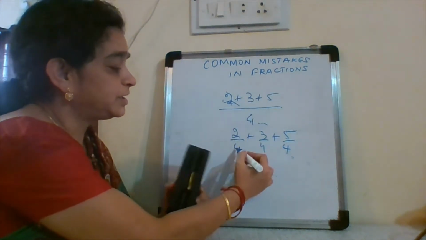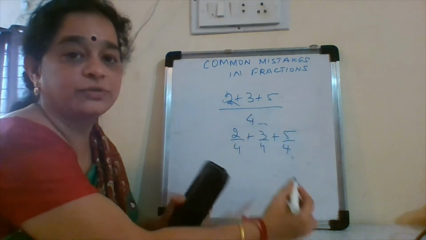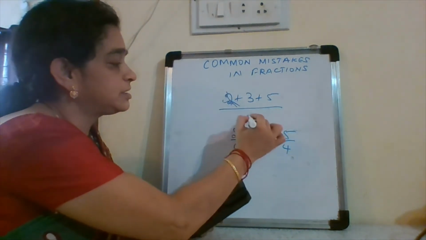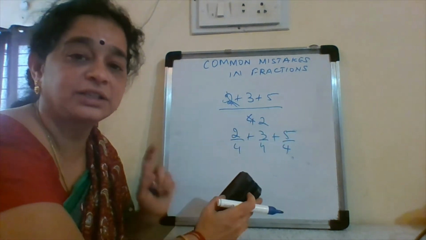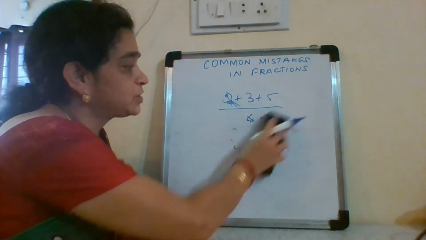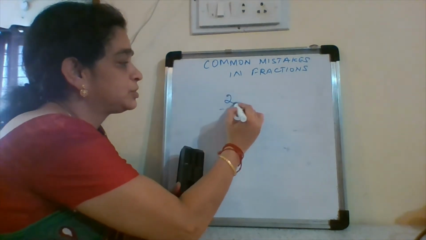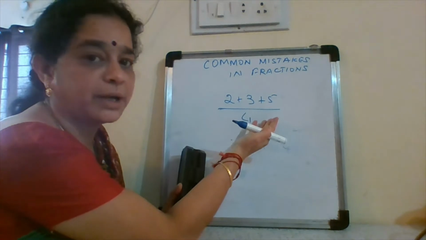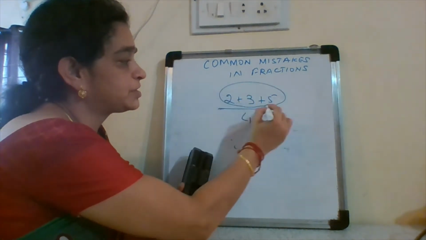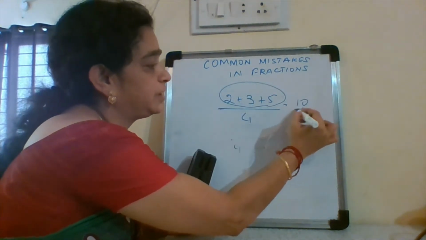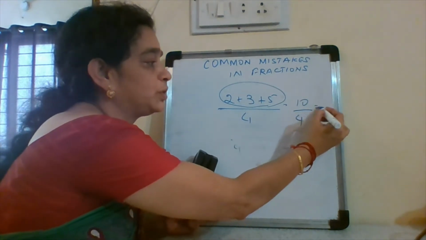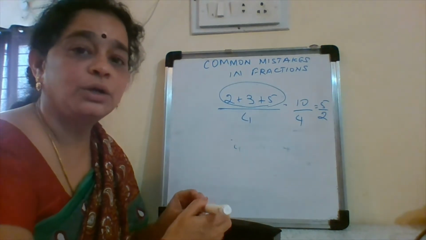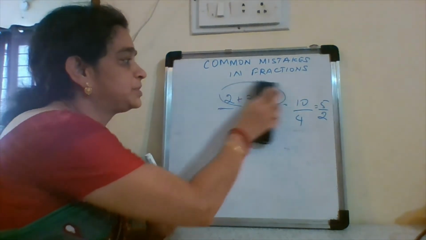So this 4 belongs to all of the 3. You cannot cancel this 2 and this 4 and say it is 2. This is wrong. This is another very common mistake. First, how you have to do this is 2 plus 3 plus 5 by 4. It can be a plus or a minus, anything. You do this operation first, that is 5 plus 3, 8, 10 by 4, and then if you want you can simplify. This is another very common mistake that children make.